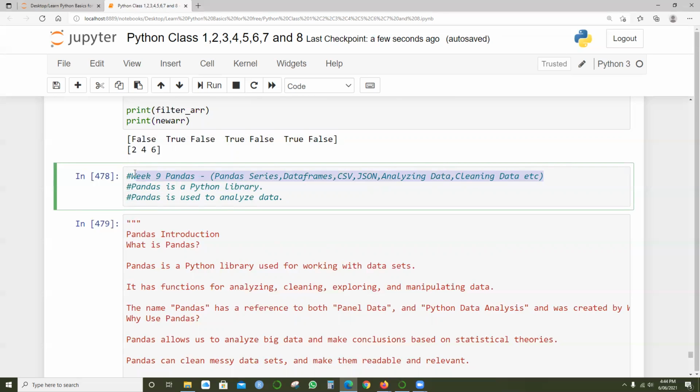Once we complete pandas, we are good to learn this Python. And the last portion will be visualizations: how you're going to represent the data to the end client. The end user will say, okay, I want to have a graph, I want to have a dashboard. So how we are going to show that information in graphical representation is called visualization, using matplotlib and Seaborn for plotting.